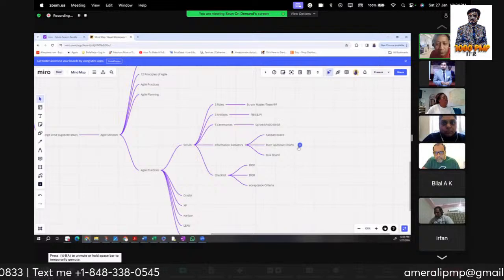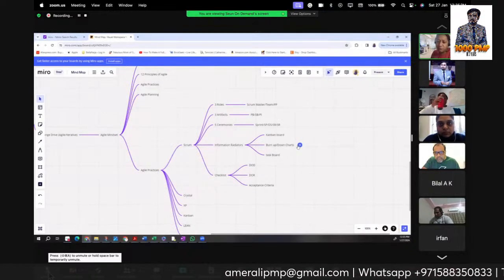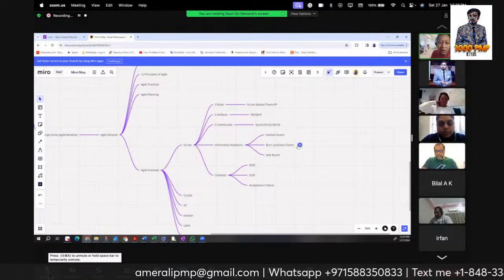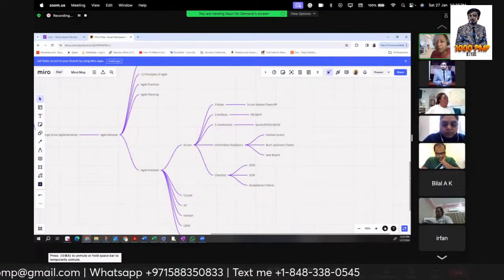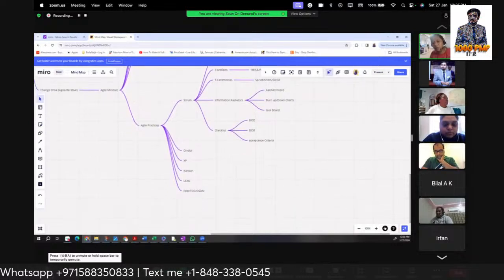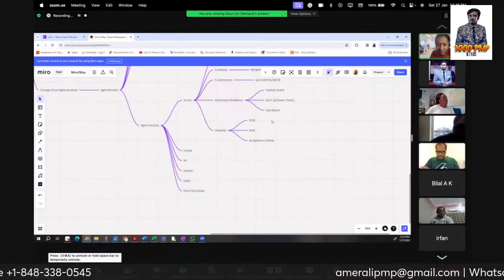While doing all this, we use an information editor, which includes your Kanban board, task board, burn up and burn down charts. Sometimes we also put up a physical board. And then we continuously use a checklist to check the requirement. Requirements generally come from the customer through the product owner into the product backlog, and it sits as a user